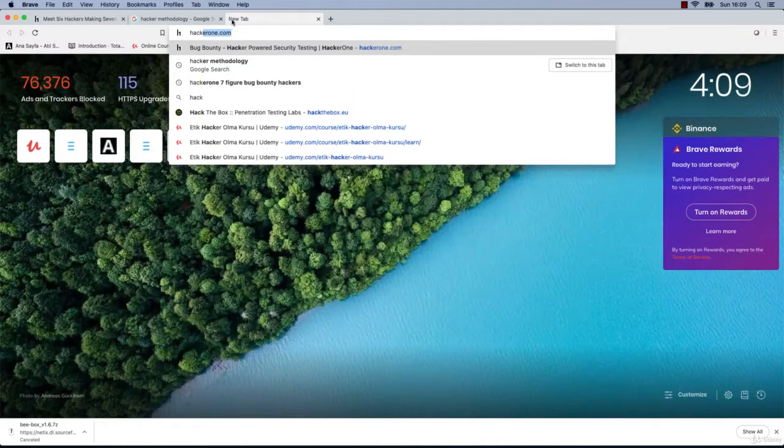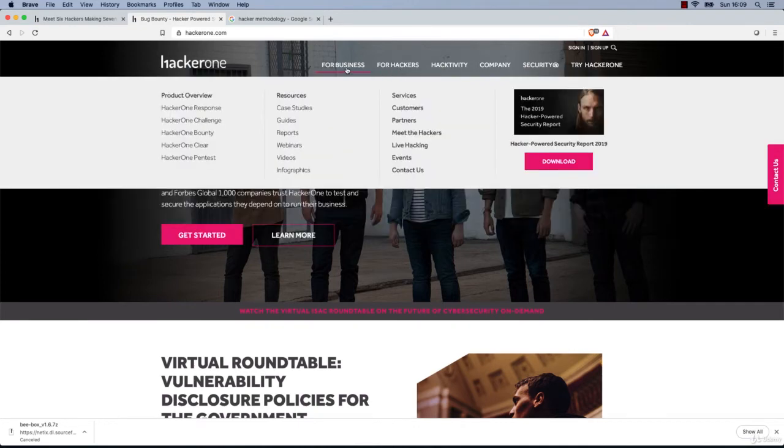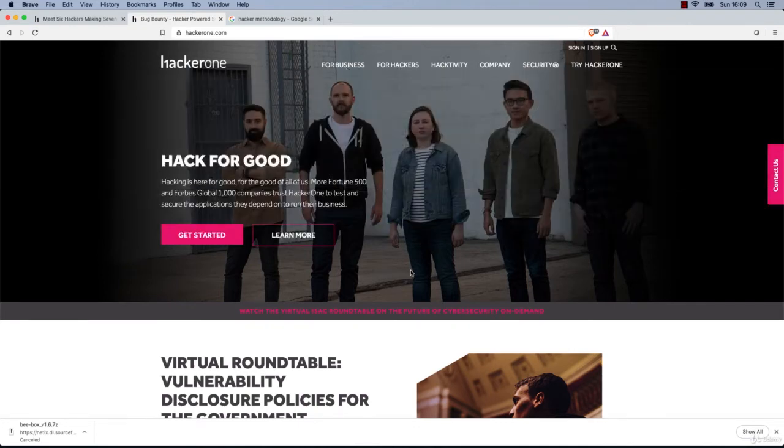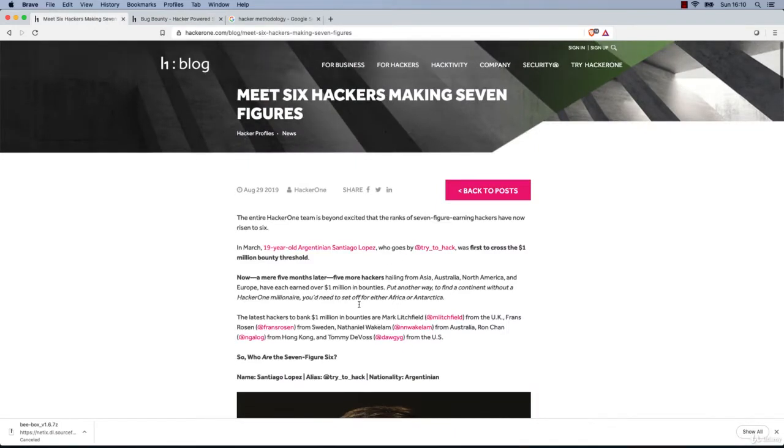So this is a website, actually, hackerone.com, and it's a perfectly good portal for you to find some businesses that pay rewards, that pay bounties for the bugs that you find. Okay, so a lot of bad hackers, a lot of black hat hackers actually try and find some vulnerabilities to exploit and gain some money out of those illegally. But white hat hackers, good hackers, also do that, but for some good reason, for gaining bounties.